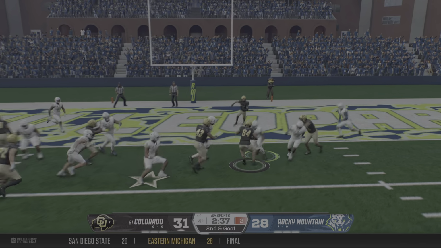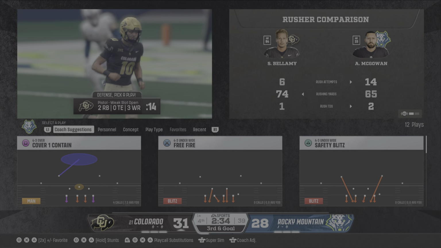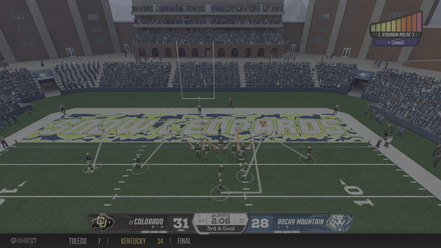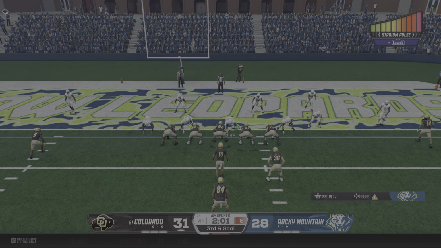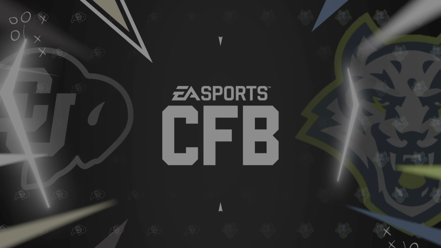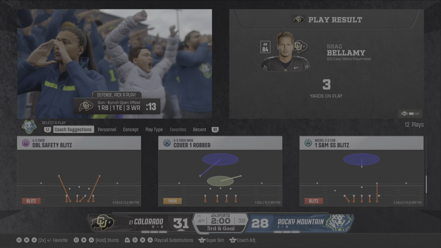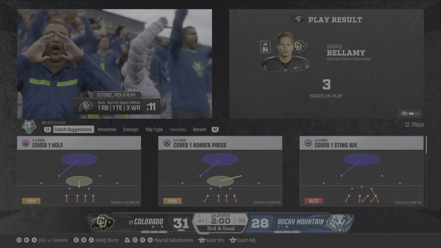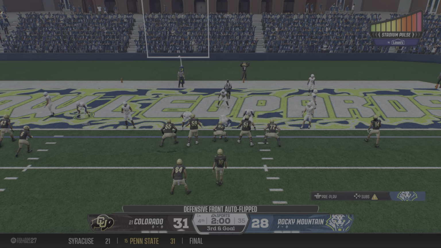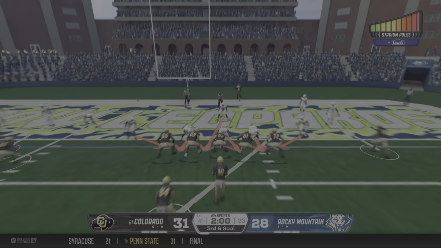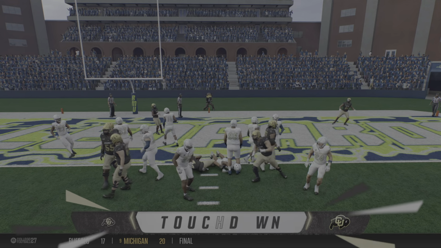Running inside. It's Bellamy. He works his way ever closer all the way down to the 1-yard line. They'll come to the line just 1 yard shy of the goal line on third down. 2-minute timeout arrives, and this defense desperately needs to get the football back. They bring an extra DB onto the field as they try to stop this 4th quarter score. They'll run it here on 3rd and goal. Just hammer it.